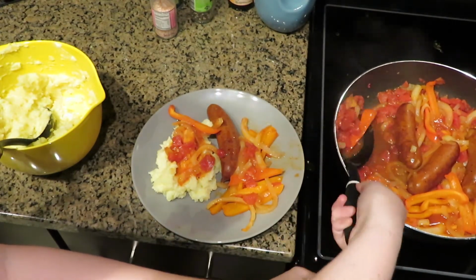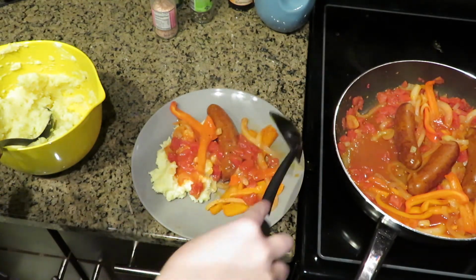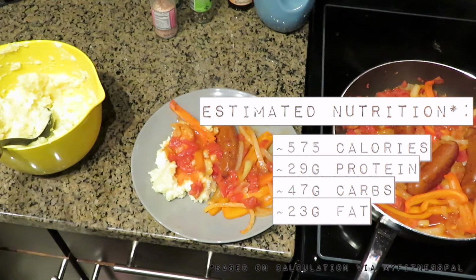It's not the prettiest meal, but it turns out really, really delicious as far as flavor, and was really filling as well. All right, and once you're done plating, I just wanted to go over the nutrition. So it is about 575 calories, which I think is pretty good for a dinner,